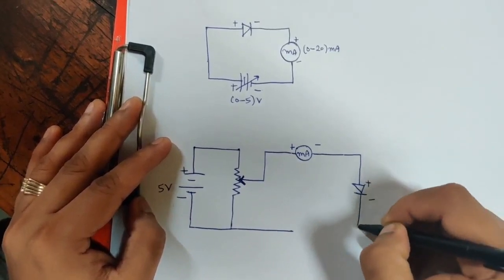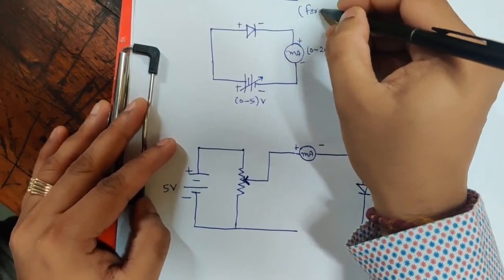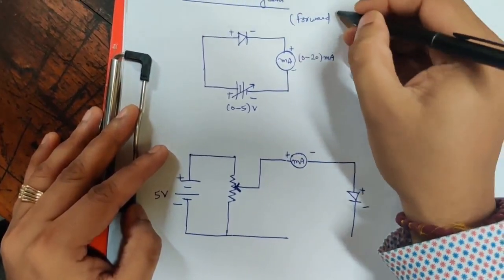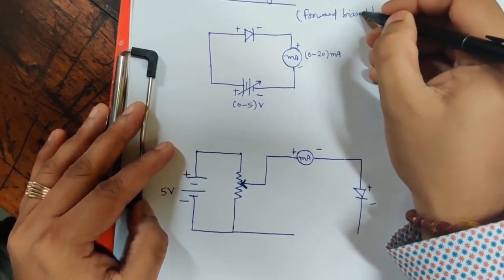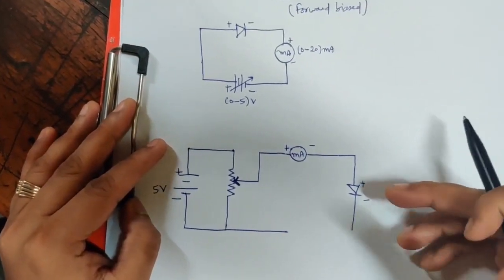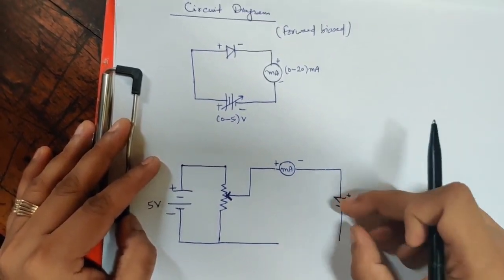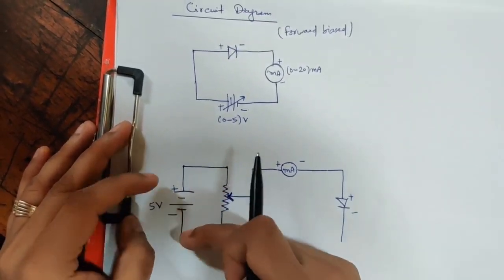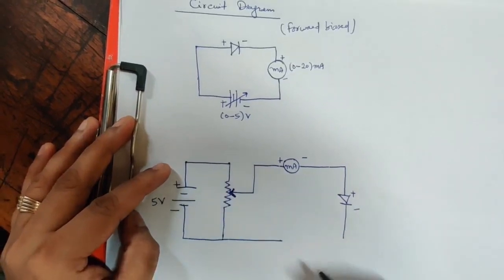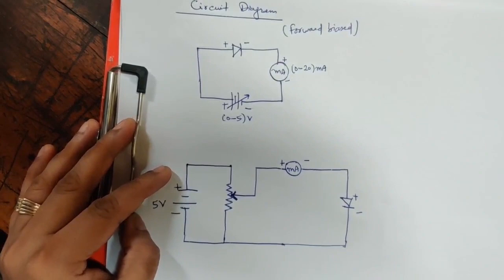And this is the circuit which is forward bias. Remember what I am saying, this is my forward biased circuit, right? And if you want to convert this into reverse bias, just reverse this diode or change the terminals over here, right? So this is my complete circuit of